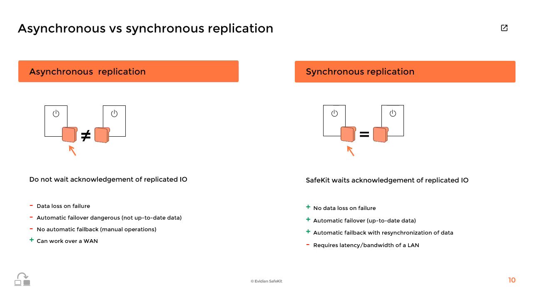On the other hand, synchronous replication, as implemented by SafeKit, ensures that when a write disk IO is performed by the application on the primary server, SafeKit waits for acknowledgments from both the local disk and the secondary server before sending the acknowledgment back to the application. This mechanism is crucial for the failover of transactional applications, as it ensures no data loss and that all committed data on the primary server's disk is also present on the secondary server's disk.